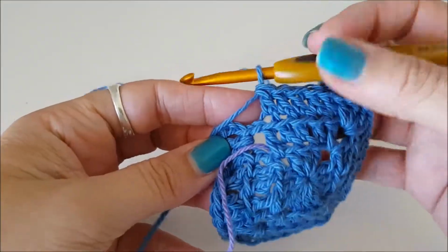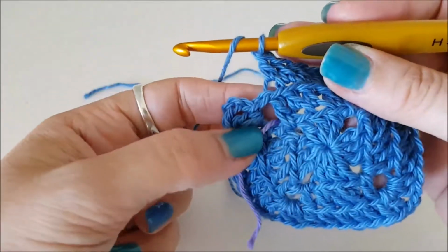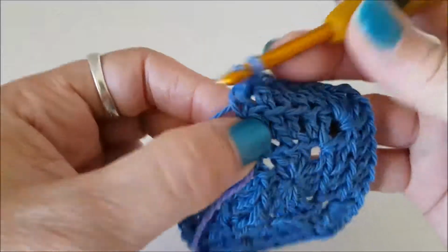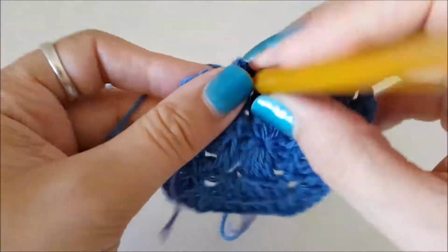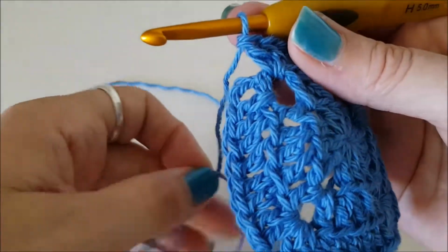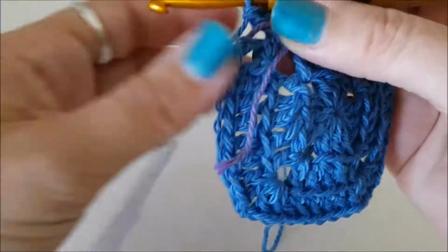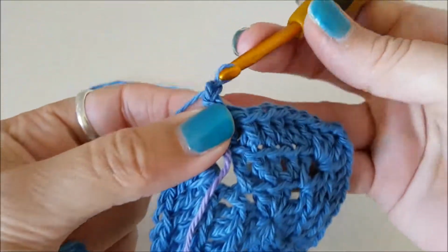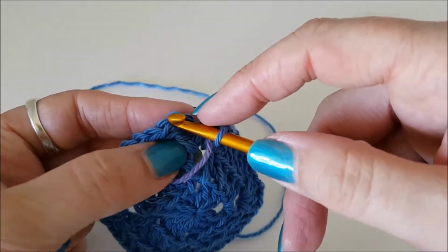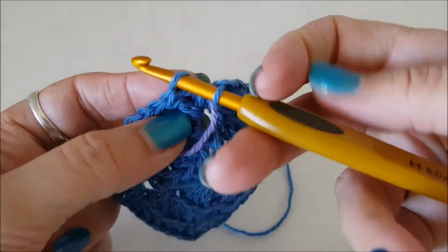Okay, so there we are, I've done my repeat. So now I just need to do 2 stitches in the same space as our first stitches, which is where that stitch marker is. 1, 2. If you're changing colours, chain 2 and join with a slip stitch. If you're not, chain 1, join with a slip stitch to the top of your 3rd chain of your starting chain. So just in that back loop there,